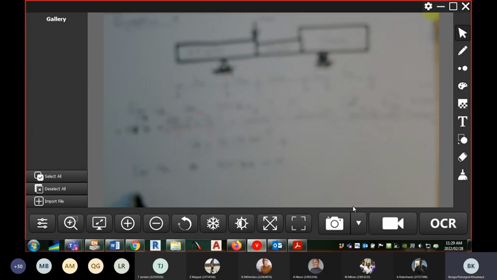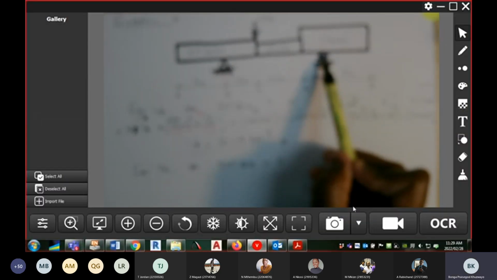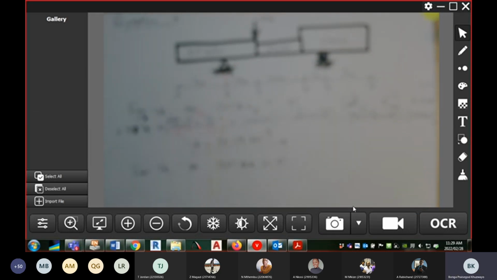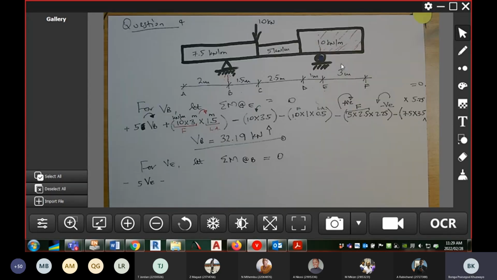So if V is going up, and we're taking moments about node B, we're going to give it a minus sign, as you can see there, right? We're going to give it a minus sign. So that's 5VE minus, then we have,